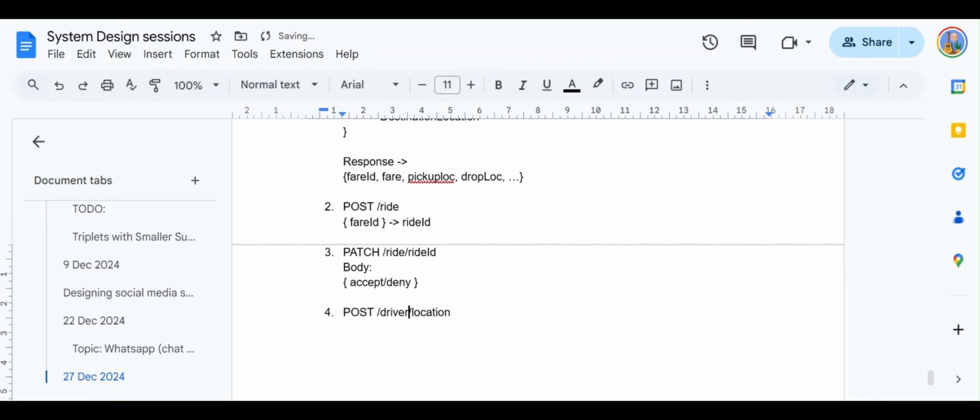So we can have a driver location. The URL we are choosing like this is so that it can be extensible in future. So we can have drivers location. It can be a driver's sign up in case a new driver wants to sign up, or a driver's payment further if you want to have a payment related to drivers. So this is the structure of the URL that we are following. In the location, the driver can just simply send his latitude and longitude, so I can keep latitude and longitude over here as the body.